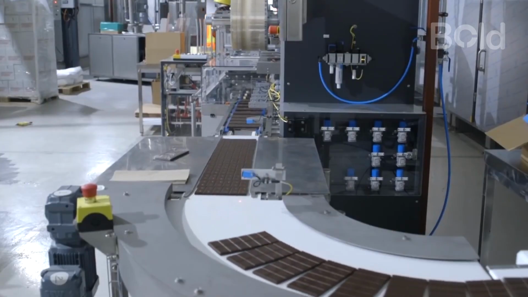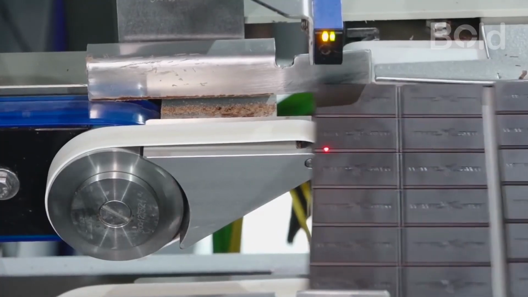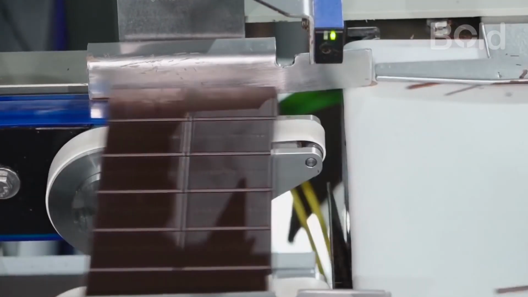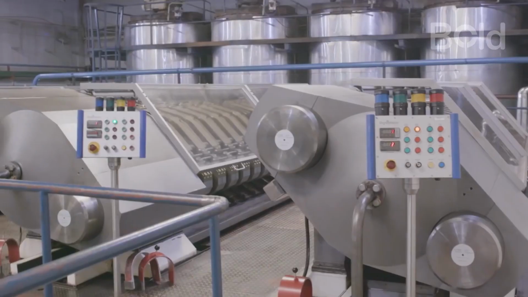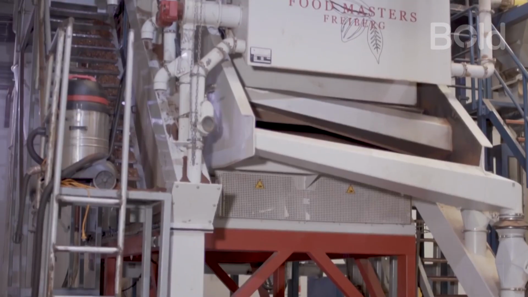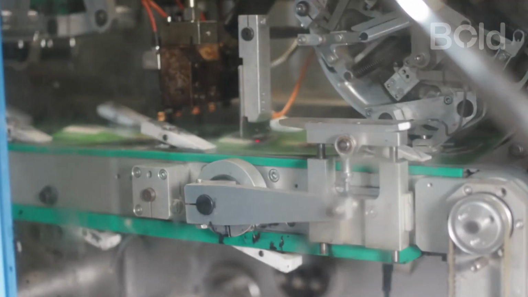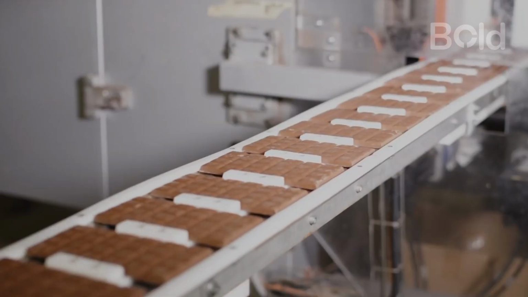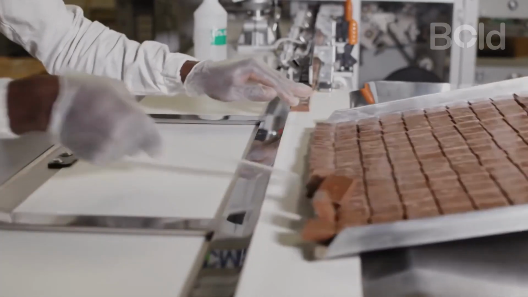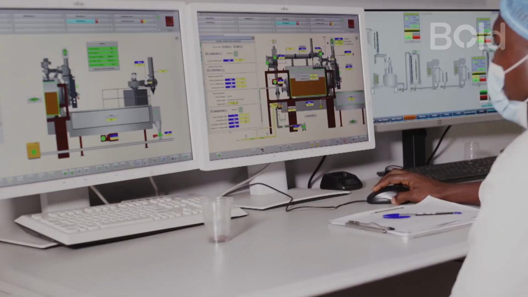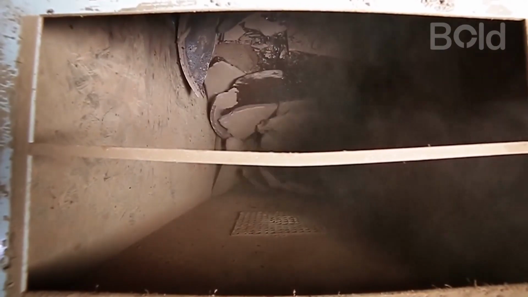The work doesn't get any simpler later on, as the beans must also be manually extracted. This means workers have to carefully remove the beans from the sticky white pulp. The seeds of the cacao tree have a strong bitter taste and need to undergo fermentation to develop their flavor. The seeds, along with the surrounding pulp, are placed in special boxes covered with banana leaves. Here they rest for 3 to 9 days, transforming their properties and paving the way for the delicious chocolate experience.